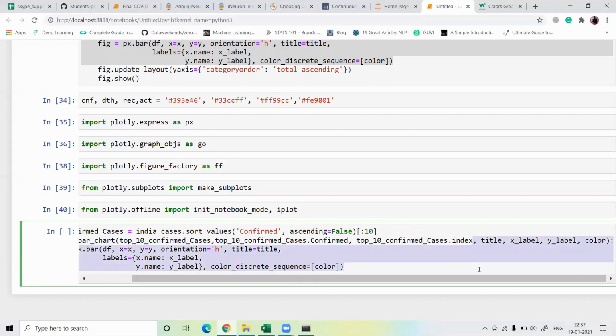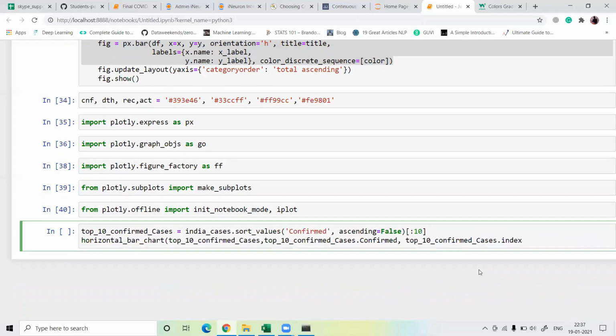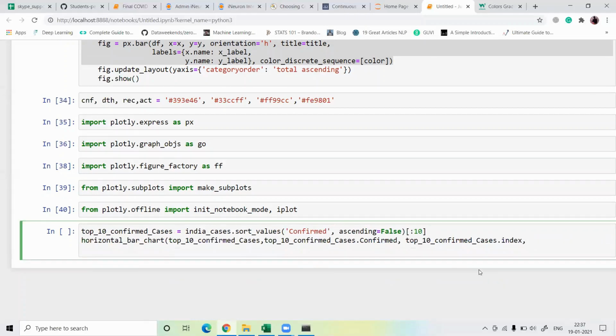I just remove everything here. Sort the index, and then take the top 10 states with the most confirmed cases. Now define the number of confirmed cases in thousands.